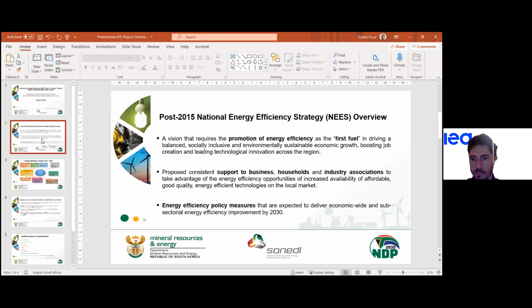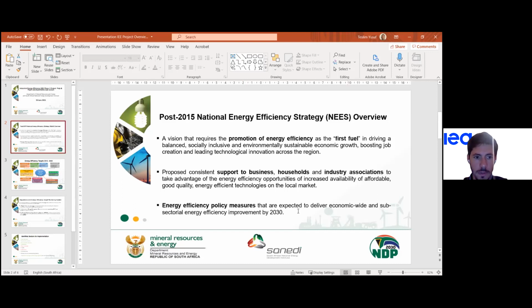And in the NEES, in this slide, I just give a quick overview, and it tries to focus on the promotion of energy efficiency as the first fuel in driving the balance in social inclusiveness in the society. It also looks at supporting business and households and industrial associations in taking advantage of energy efficiency as an opportunity to reduce their energy intensity. And then lastly, we look at the energy efficiency policy measures that are expected to deliver economic-wide benefits,